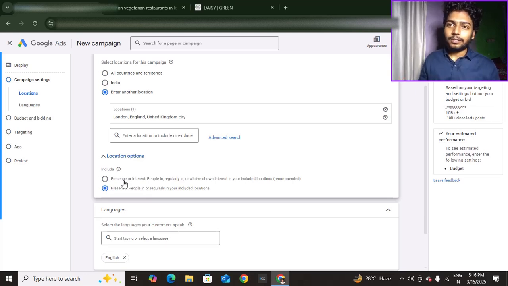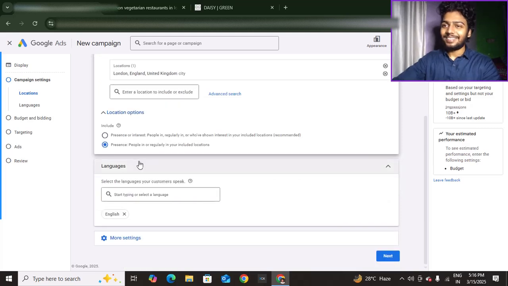As of now, as we are just promoting our restaurants, hypothetically, I'm just taking an example, we need to choose the second one because a restaurant is a local business, and for a local business you need to choose the location according to your store location. Okay, second one. Now language, you can choose any language, English,